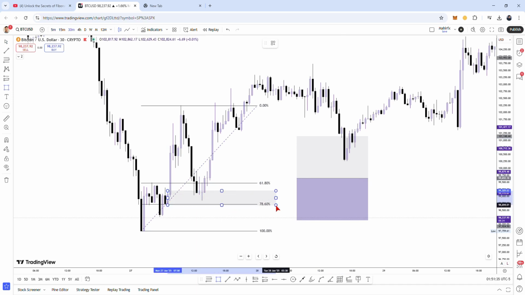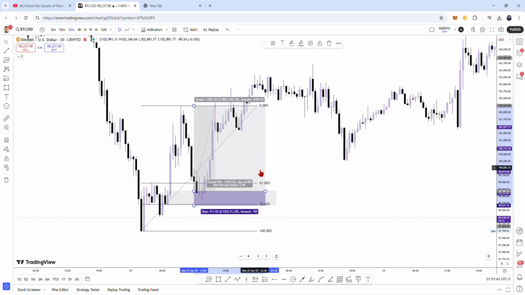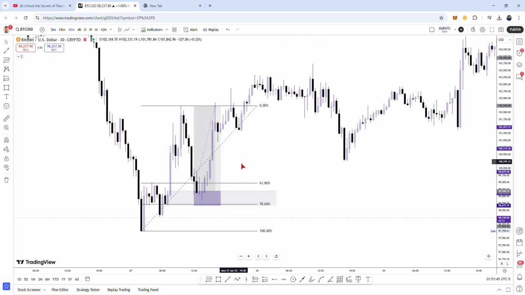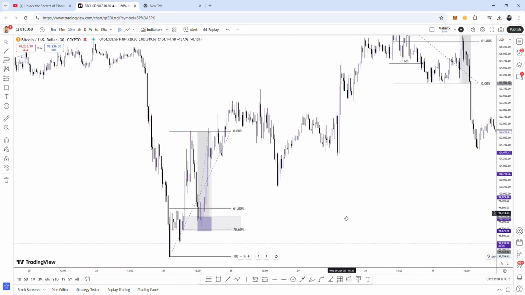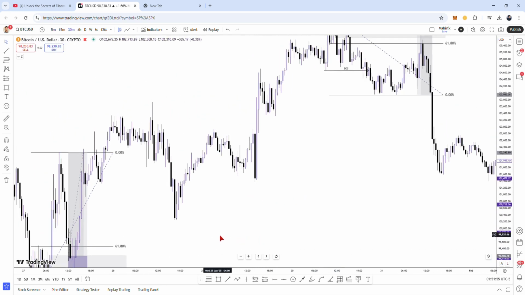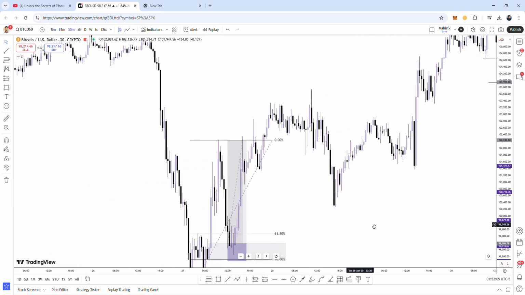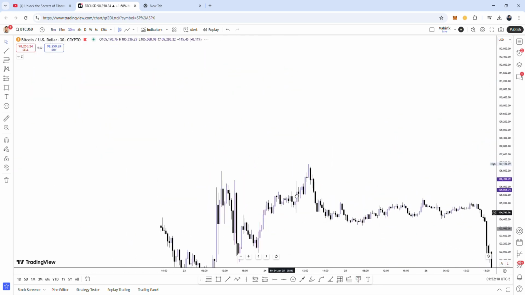We put it, and here our entry is here, because we can take our entry from an order block, right? You have to mark the order block, okay, here. This is a very simple method. As you can see, we have a high winning rate still now, and also you could have taken this as a low and high,